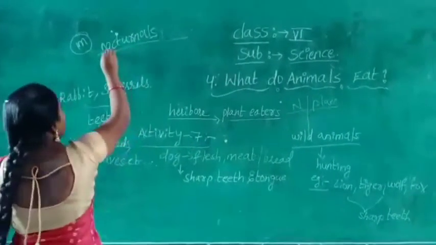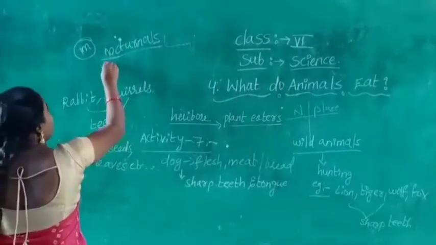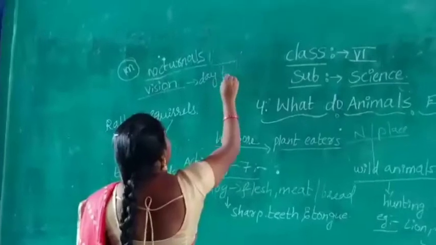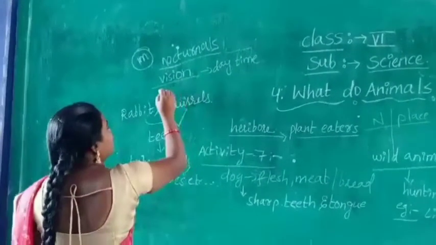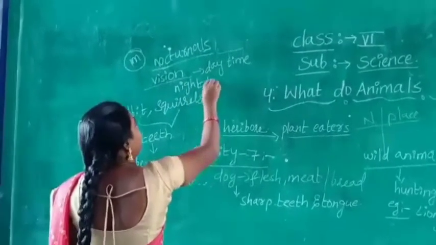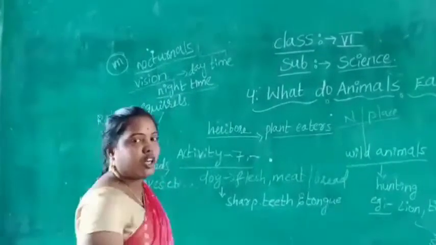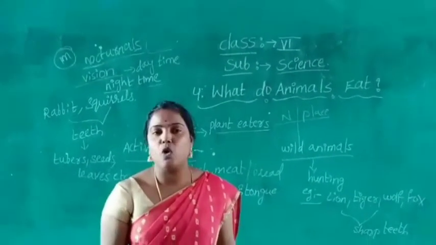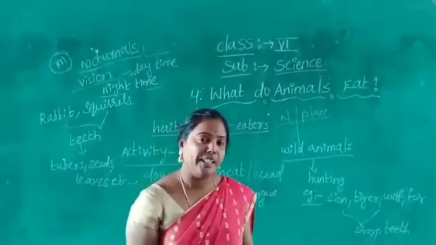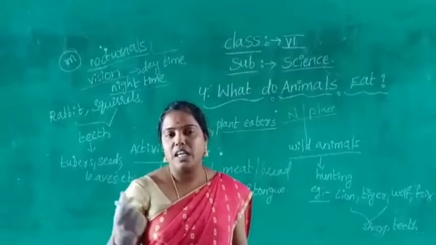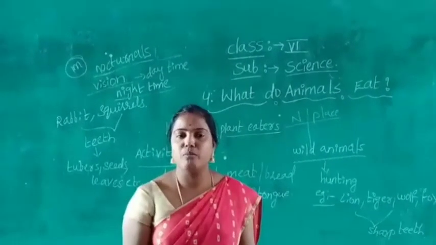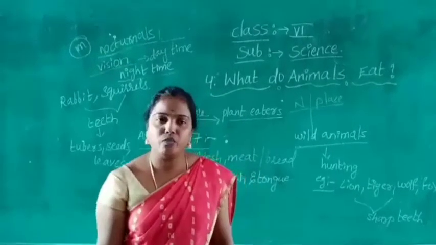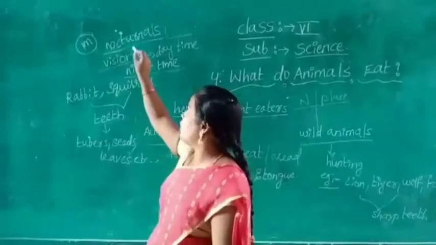These animals are not capable of vision in the daytime, but in the night time their eyes work very sharply, so they can find their food. The animals hide in the daytime in very dark places, but at night time they come outside to find and search for their food. This type of animal is called nocturnals.